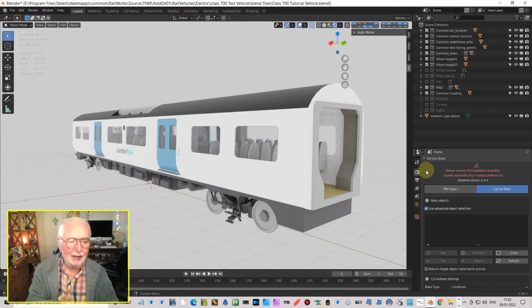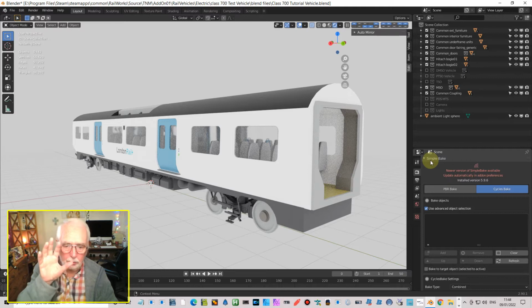I did buy this thing called Simple Bake, and I must admit I'm not sure how much it was. I felt it was quite cheap for what it does, but that's easy from my point of view. You might be at school or college or whatever, and your pocket money doesn't stretch that far. Of course you might also not have the income,